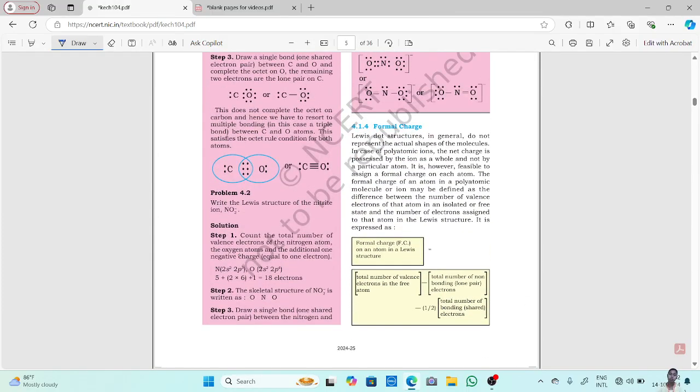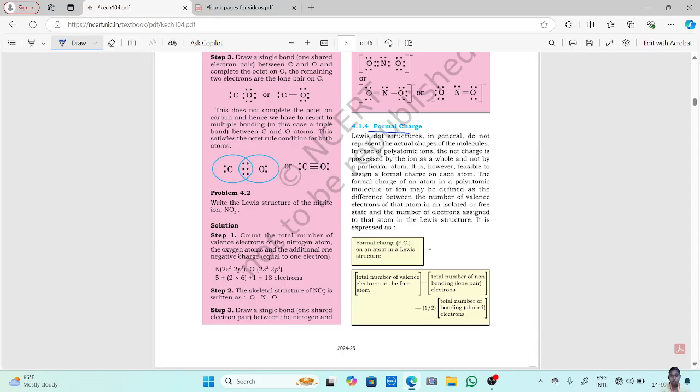Next is formal charge. Now what is a formal charge? Lewis dot structures in general do not represent the actual shape of the molecule in case of polyatomic ions. Now the net charge is possessed by the ion as a whole and not by a particular atom. It is however feasible to assign a formal charge on each atom. So the Lewis dot structure in general doesn't give you the shape of the molecule. Now in case of polyatomic ions, when there are many atoms involved,